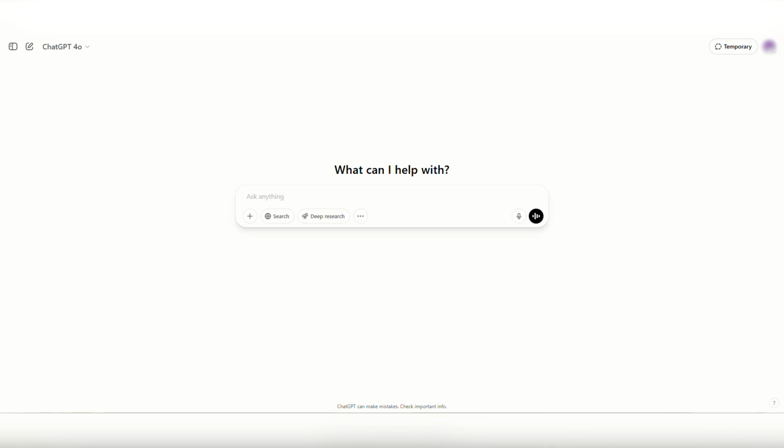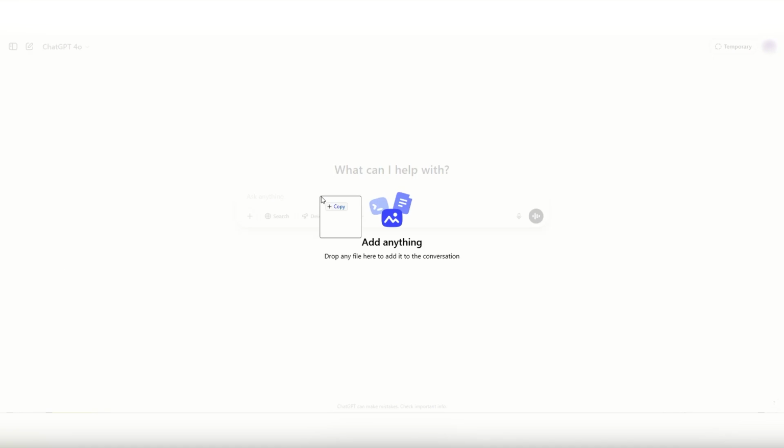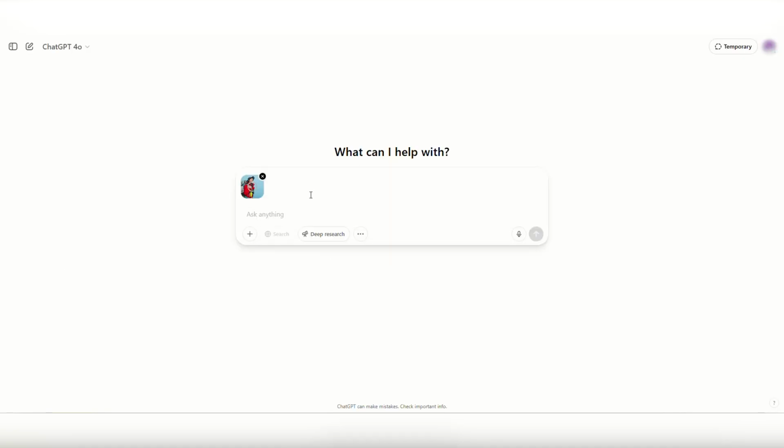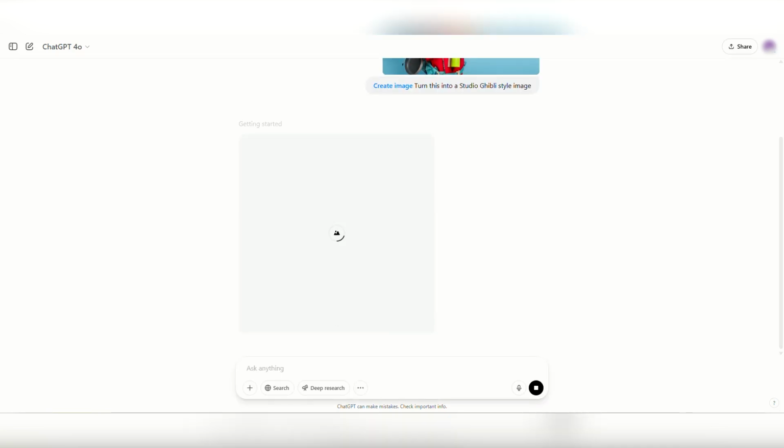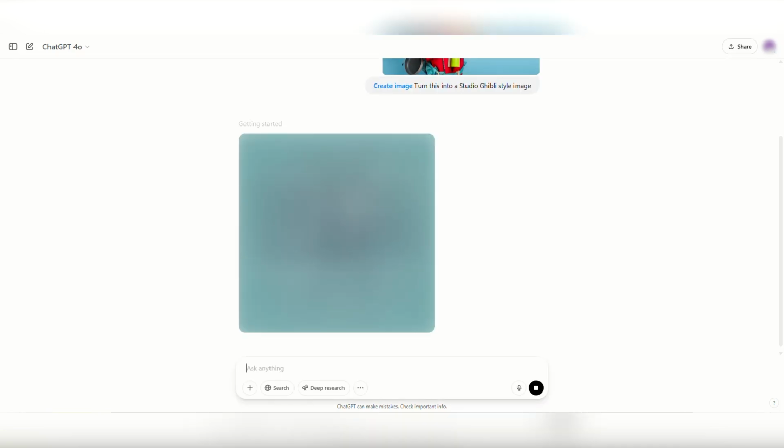Now what we're here for, the Studio Ghibli style that everyone is talking about. For that, go to a new ChatGPT conversation, select the ChatGPT 4.0 model, and upload the image you want to turn into Ghibli style. Then, make sure to click the 3 dots at the bottom of the prompt bar and select Create Image to use the image creation section. Simply input your prompt. We're going with something simple like, turn this image into a Studio Ghibli style image, and